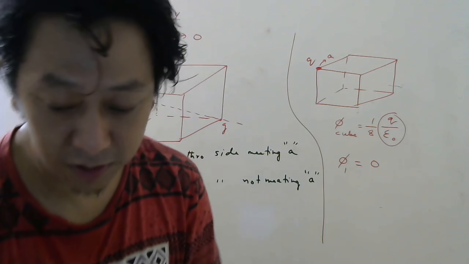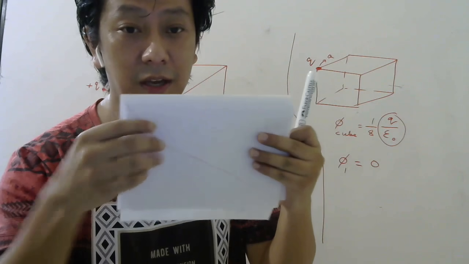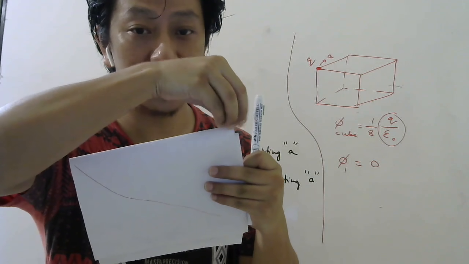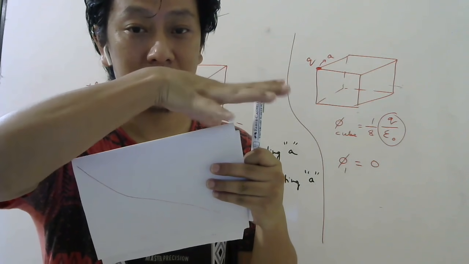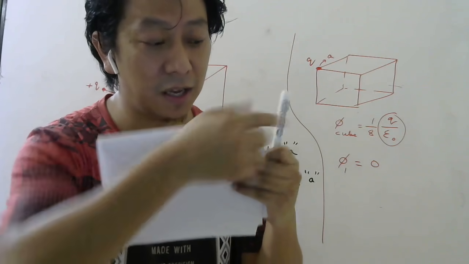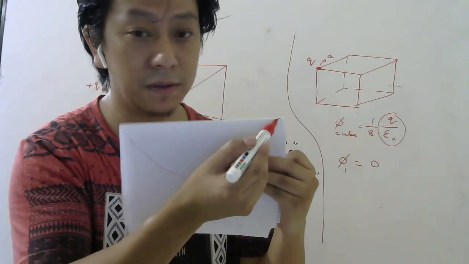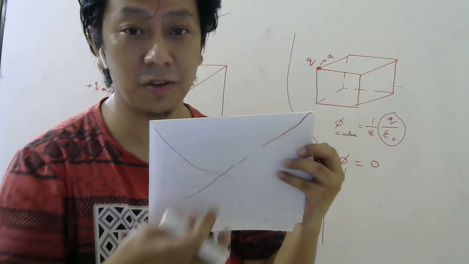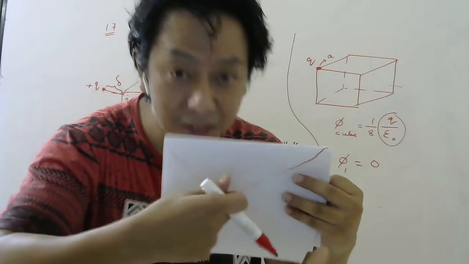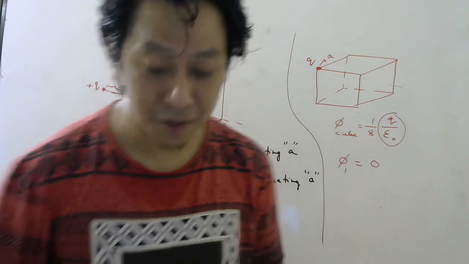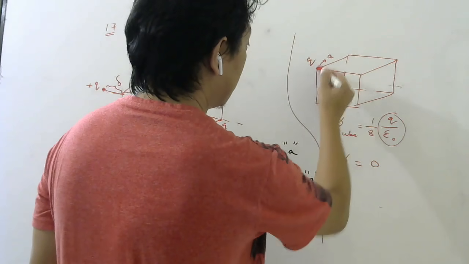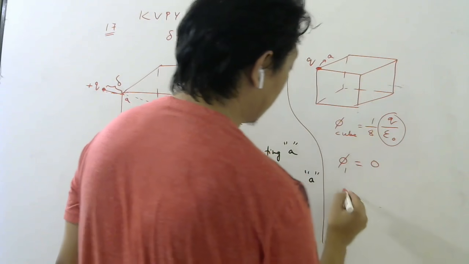Why? Because see, if this is the surface and your charge is exactly here, then how do you draw the electric field lines? Radially outwards. So this line here is not cutting the surface, and any line that you draw like this will be on the surface. On the surface means again there will be no flux. To have flux, the line should cut the surface. From the beginning I am telling you. So the flux through this face, this face, or the top face will be 0.